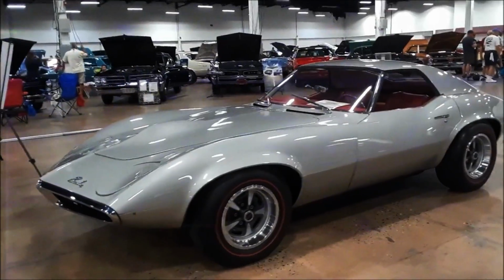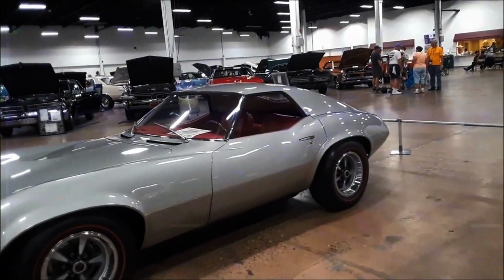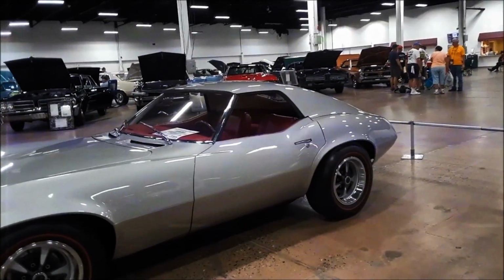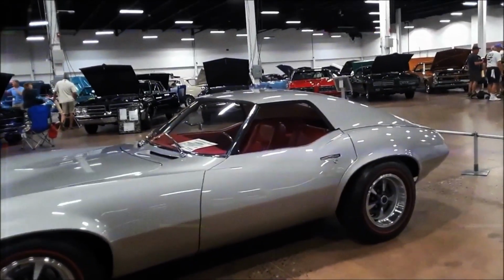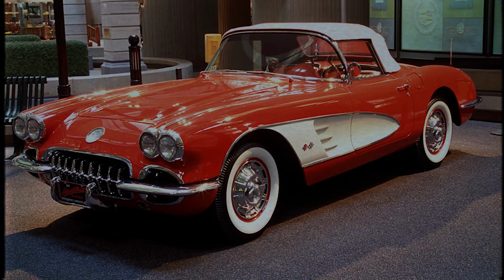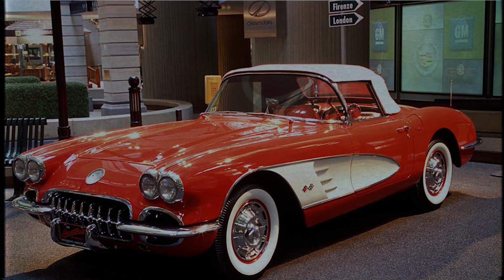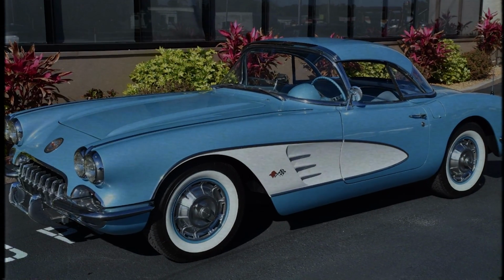The Banshee, one of these projects, featured a Pontiac overhead cam 6-cylinder engine and weighed about 2,200 pounds, thanks to its fiberglass and steel construction. But what happened when the project was cancelled? Ultimately, the Banshee's designs influenced the third-generation Chevrolet Corvette in the late 1960s, with the 1968 model taking design cues